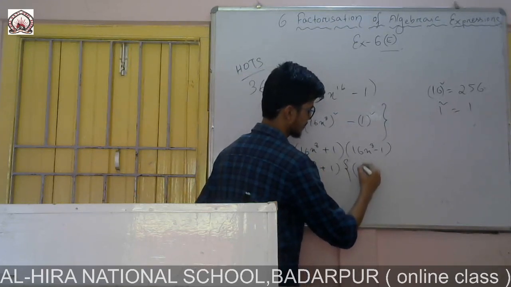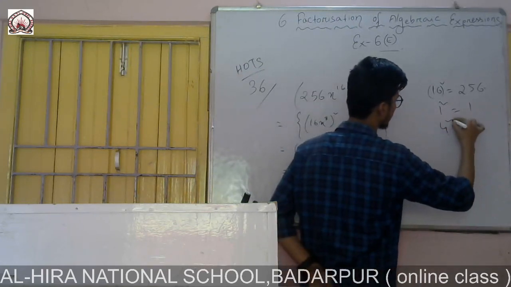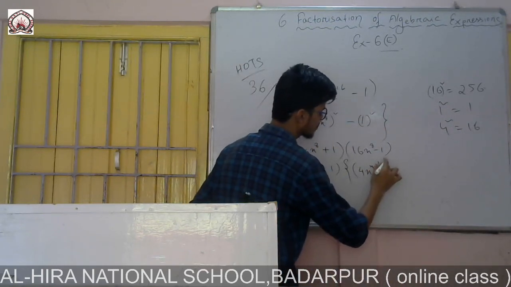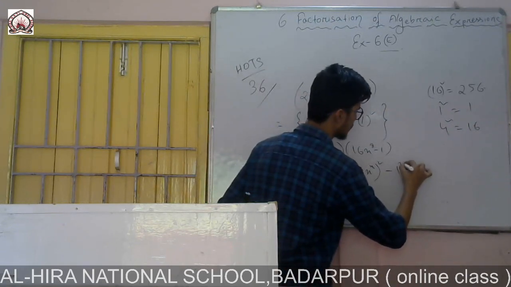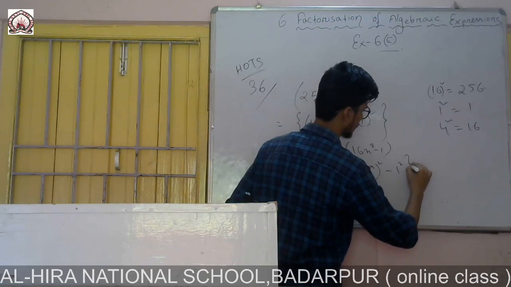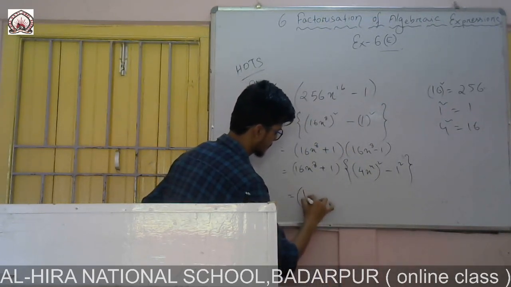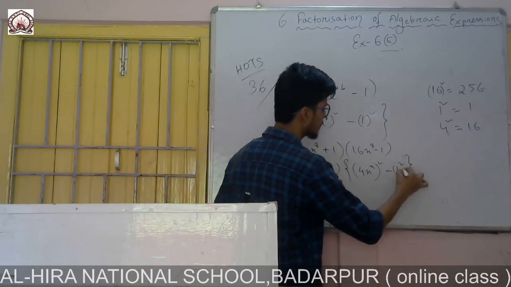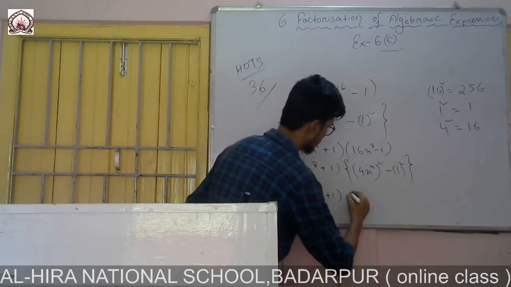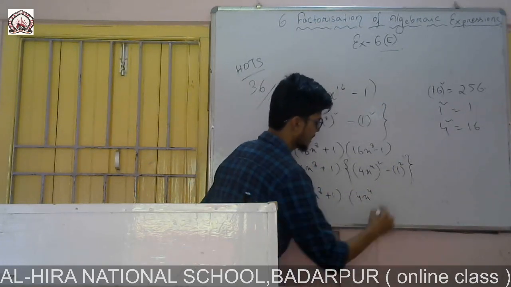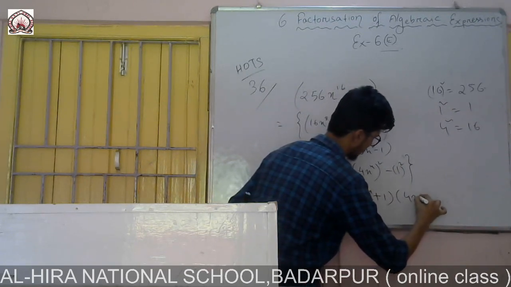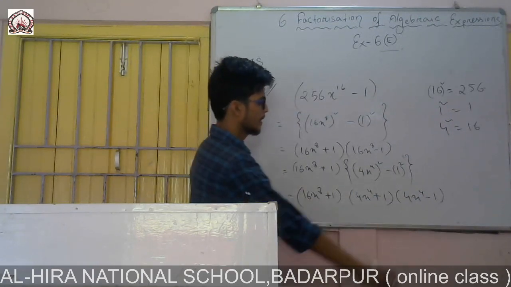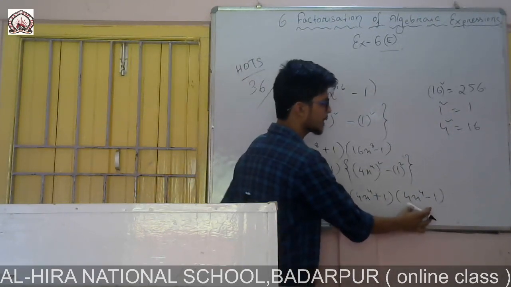So in place of 16 I can write 4 squared is 16. So I will write 4 and x to the power 4, 4 twos are 8, minus again 1 squared. And 16 x to the power 8 plus 1. This part now is in the form a squared minus b squared. So now I can write it as 4x to the power 4, a plus b and a minus b. Again you see, there I cannot do anything, but this one again I can factorize.